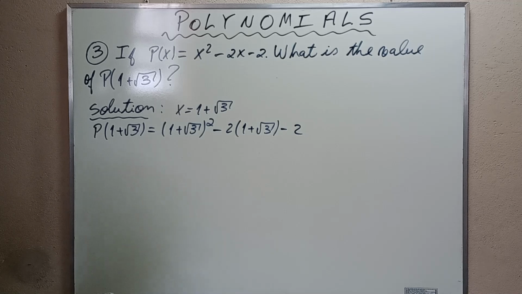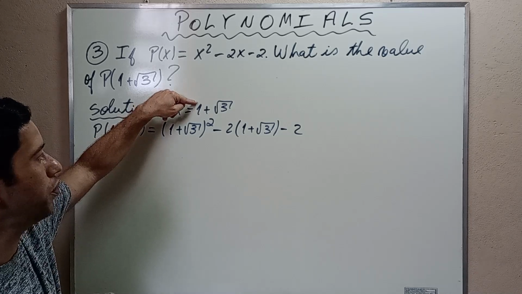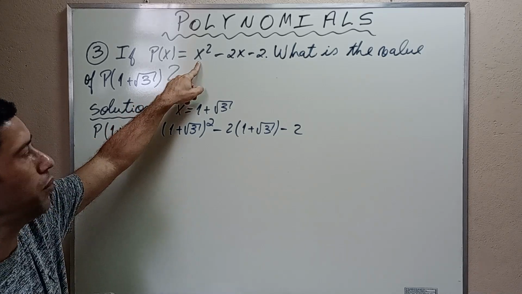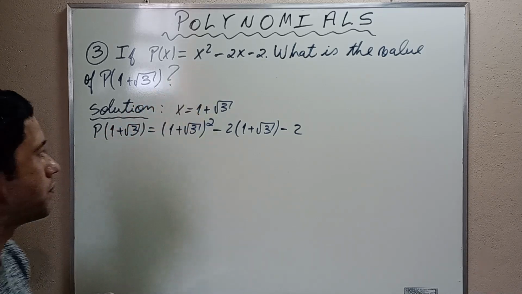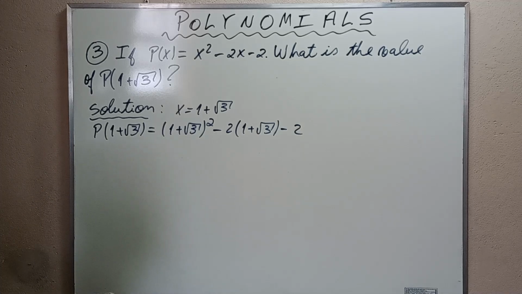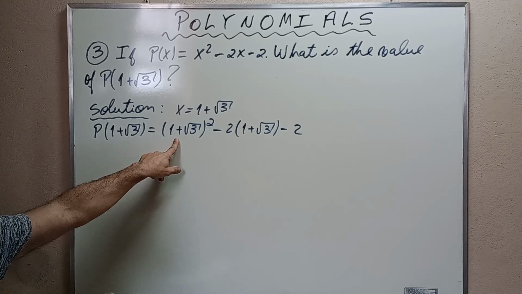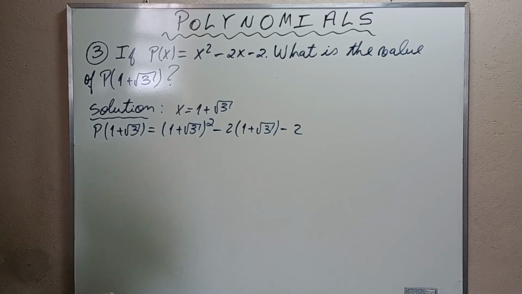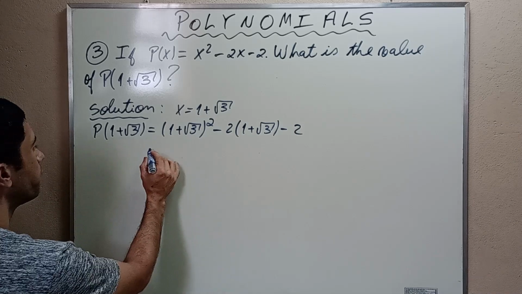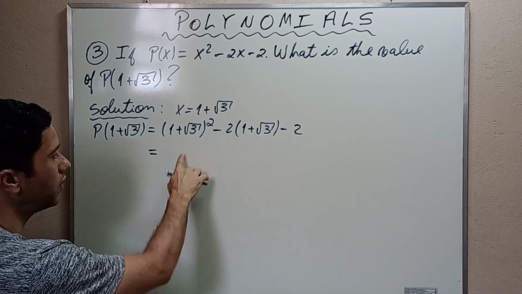Simple, isn't it? All we needed to do was to put 1 plus the square root of 3 in the place of x. Now we have simple mathematics. And there is a product here. Let's develop the product. Developing this, we find